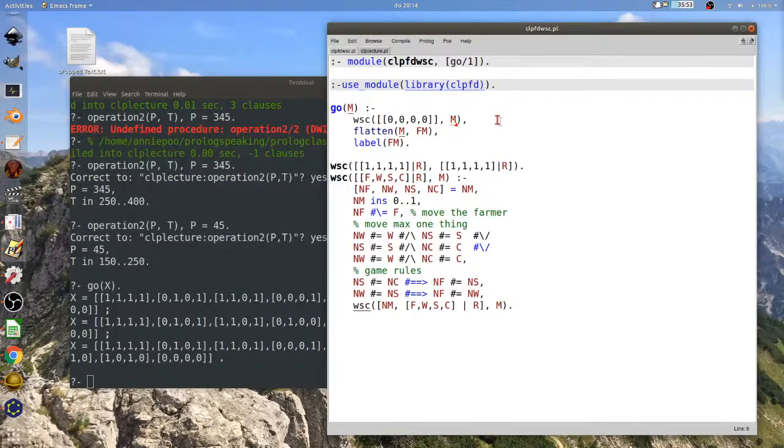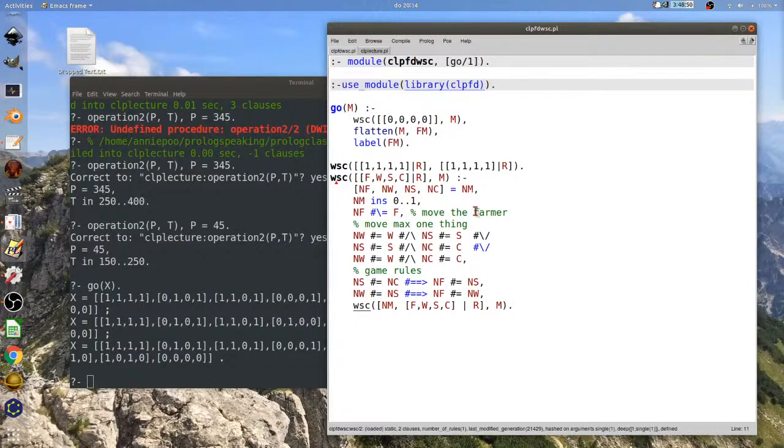So I'm going to flatten the list into a single list, and then I can pass that to label, and it will do the labeling. Okay, so how do I set this up? Well, I'm going to talk about the base case last, because in this case, the base case is the most mind-blowing.